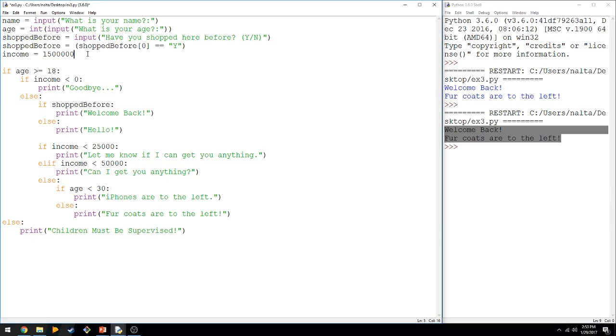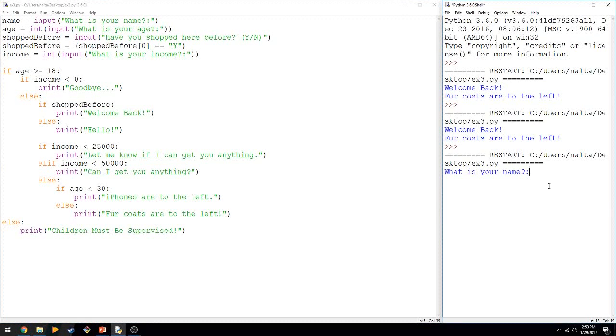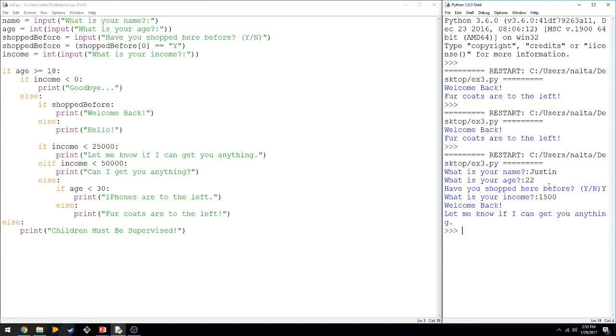And lastly, we're going to ask them their income. This is exactly the same as asking them their age from before. Now let's see how this works. I'm going to press F5 and save that, and we see we're asked our name. Well, I'm Justin. My age is 22. I have shopped here before, and I've got a poor grad student salary. I'm told welcome back because I have shopped here before,